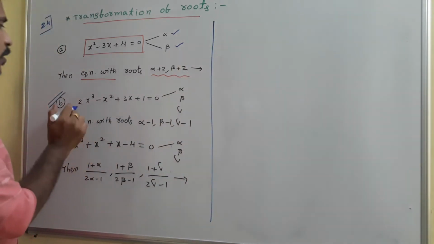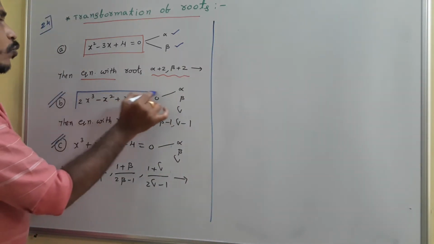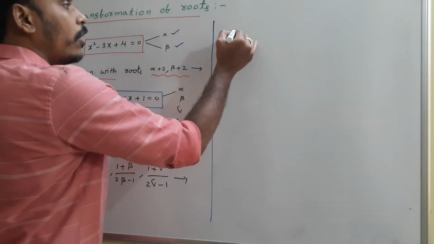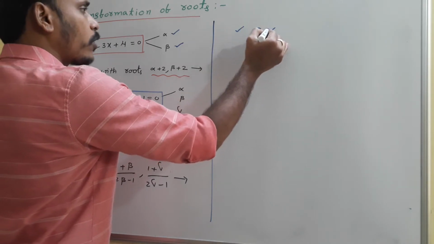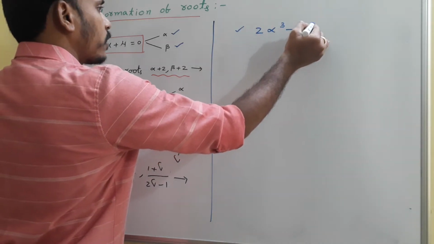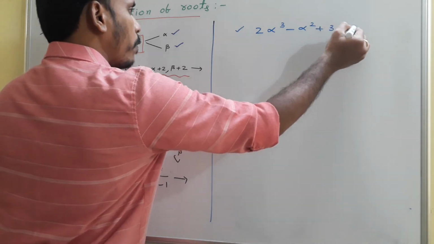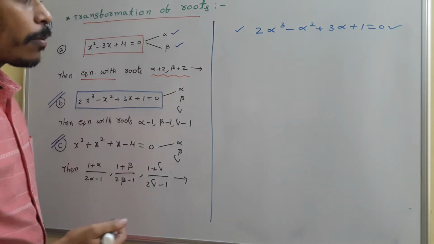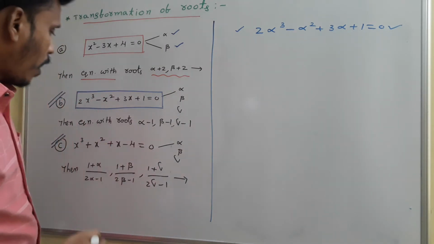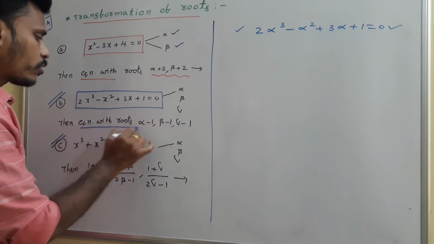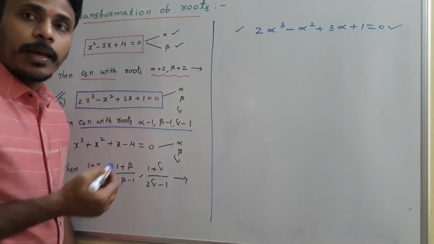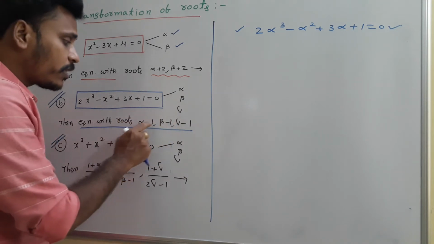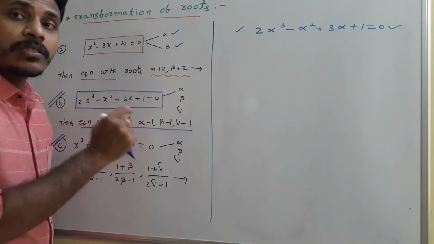Right? Look, this equation 2x cube minus x square plus 3x plus 1 is equal to 0 has 3 roots alpha, beta, gamma. So one thing is clear, alpha will satisfy it. So 2 alpha cube minus alpha square plus 3 alpha plus 1 is equal to 0 because alpha is a root. Similarly, beta and gamma also will satisfy, but no need to mention. And now we need to find the equation whose roots are alpha minus 1, beta minus 1, gamma minus 1. These 3 are symmetrical, in the sense these 3 are in the same format. So this method is helpful.